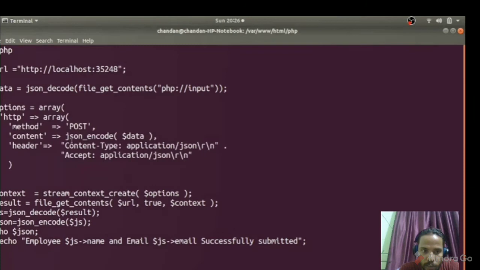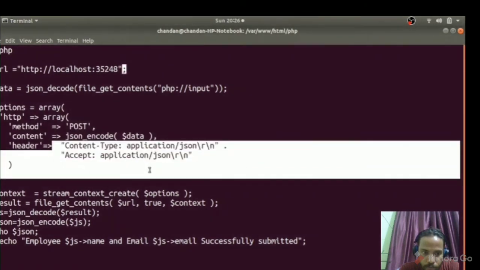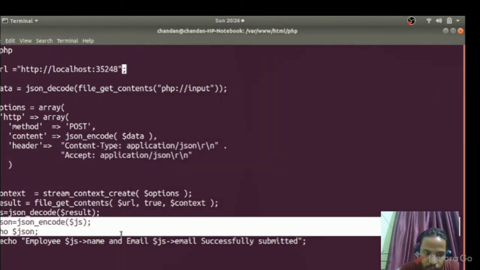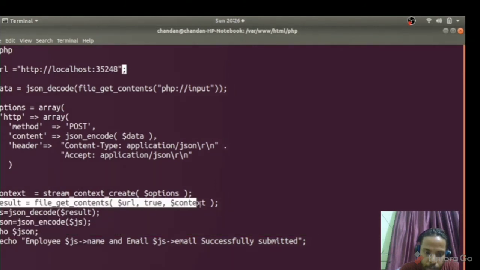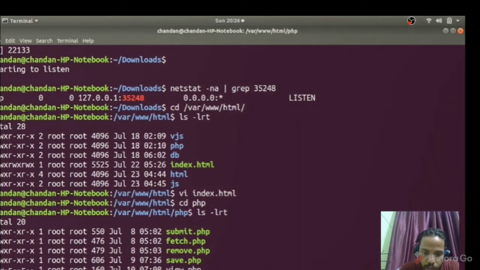This is a POST request, and this is the JSON data we are sending. We are receiving the result using file_get_contents, and we are encoding it and printing it to our front end page. By this we are sending the data.